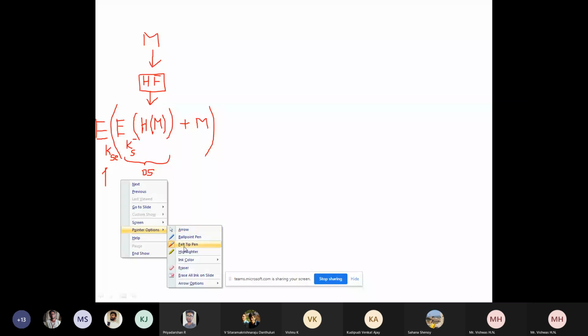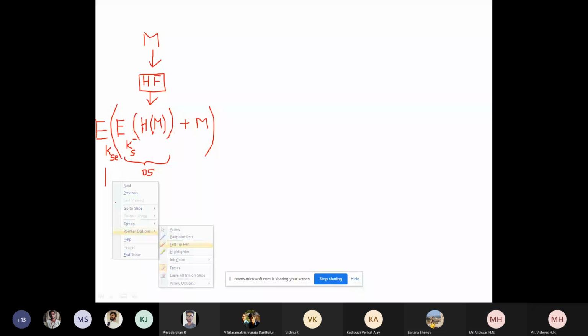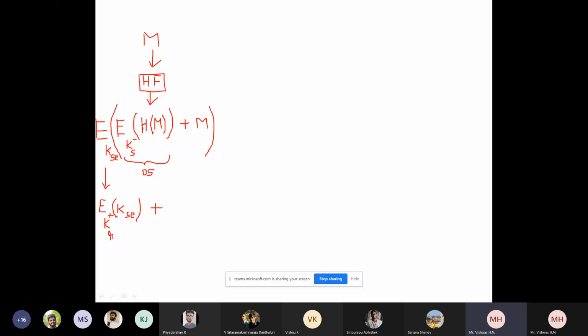Public key of receiver. Yes, so let me write it. I am encrypting the session key, that is key S, which is encrypted using the public key of receiver. So it is KR plus. Okay, so this is the session key encrypted using the public key of receiver, and then you have the hash code,